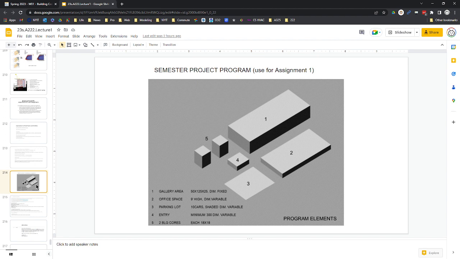This is the program for this semester's series of projects. Remember, what we're doing is we're going to be doing the same project all semester, just repeating it as we did last semester in most of the sections of Building Construction 1. And the difference here is it's a larger scale, right? So we've got a much larger gallery area,